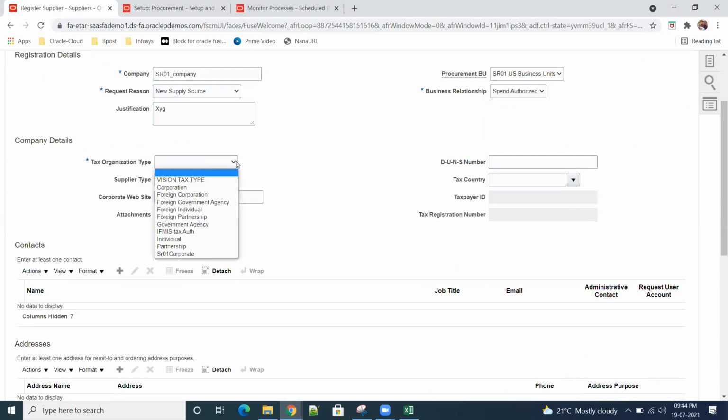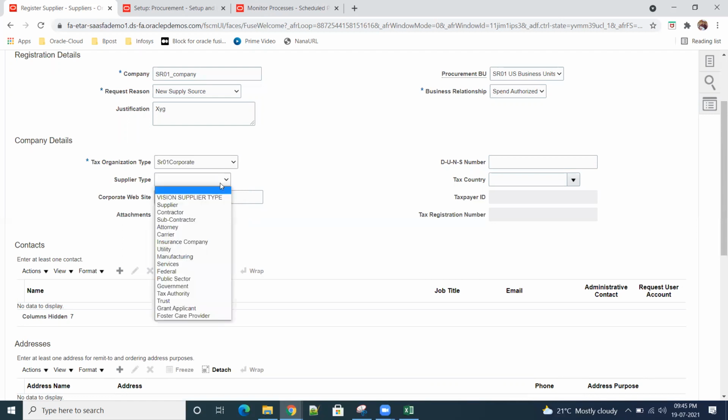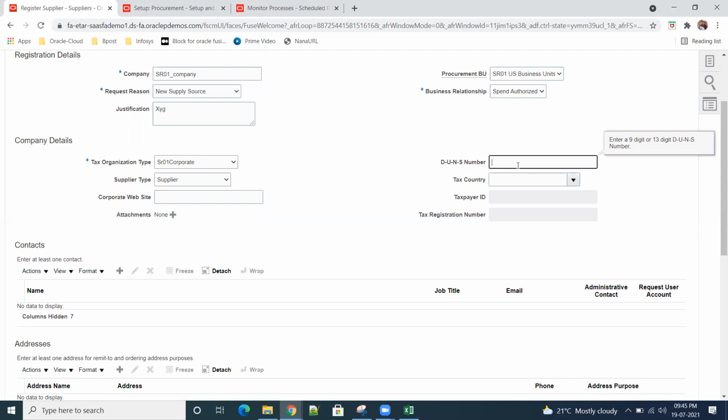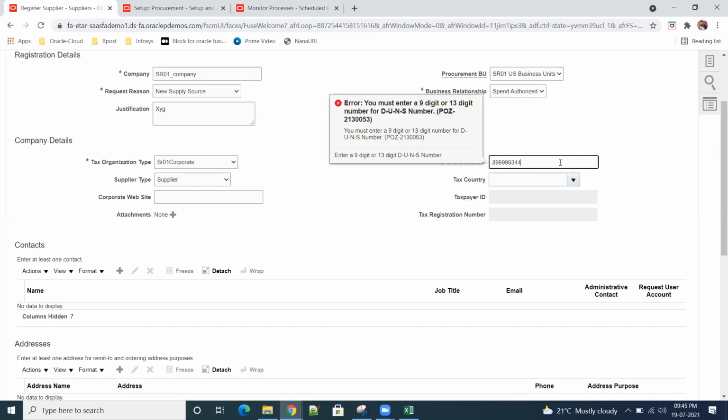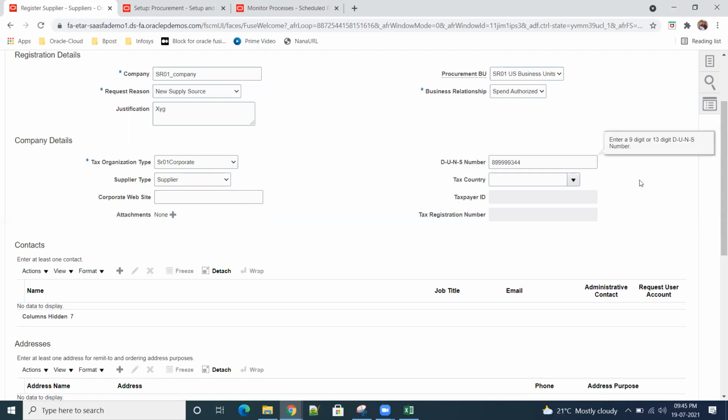So tax registration type. Whatever lookups we were showing, right? All the lookups will come here. So our lookup came, SR01 corporate. And similarly, supplier type also has a lookup. DUNS number. This DUNS number will be useful for, I think, what is the key purpose, Harsh, of the DUNS number?